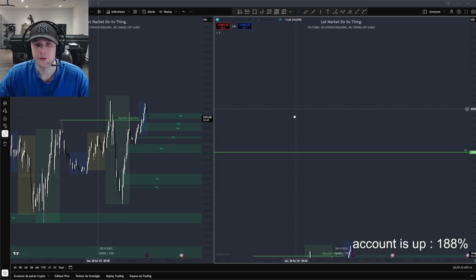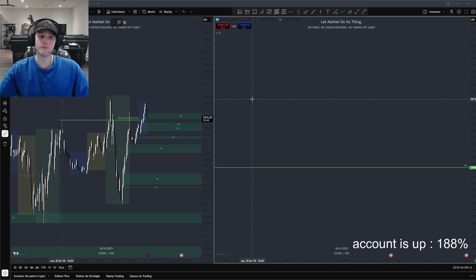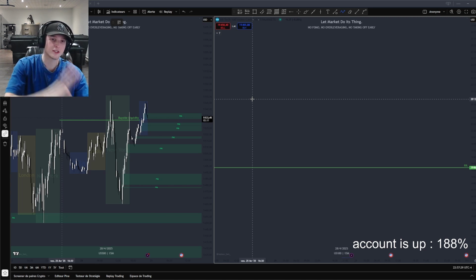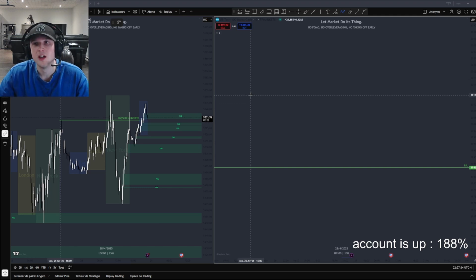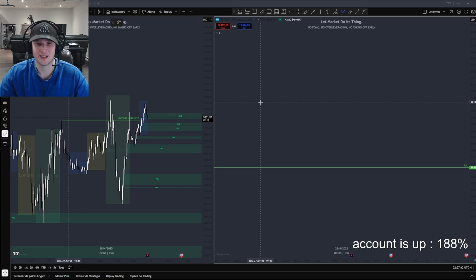What does the power of three actually stand for? It's just the way markets work. The market moves for four reasons. It accumulates, which means it's loading up pretty much. It moves back to equilibrium. It goes to fill in inefficiencies, or it's taking out liquidity. This is what the market does at all times. So the power of three, also called AMD for accumulation, manipulation, distribution, is exactly what I'm going to show you